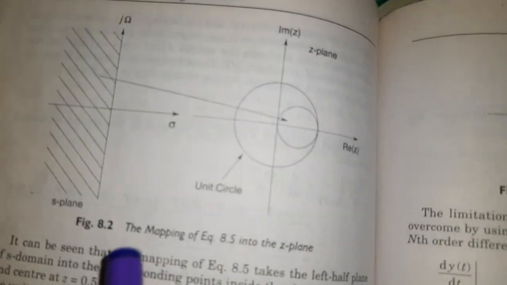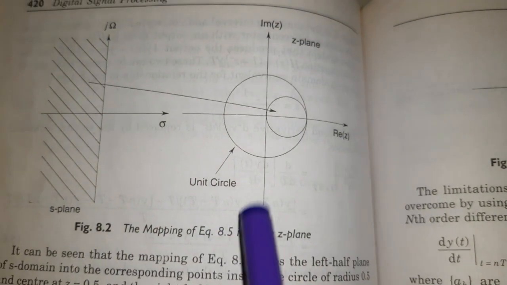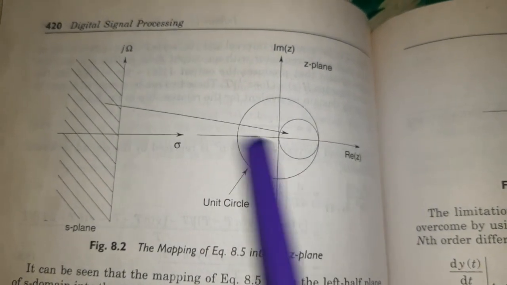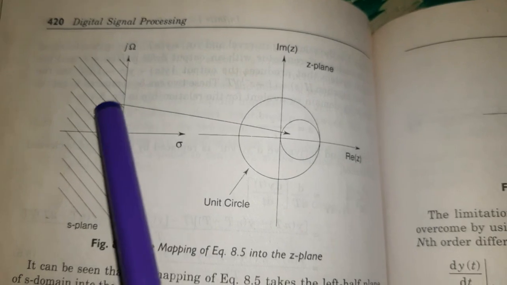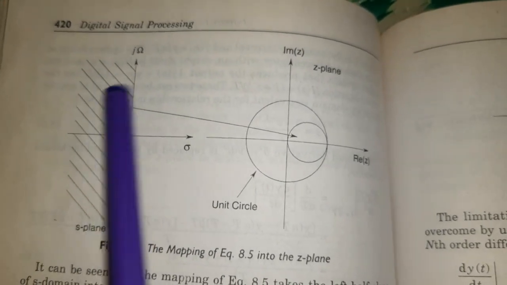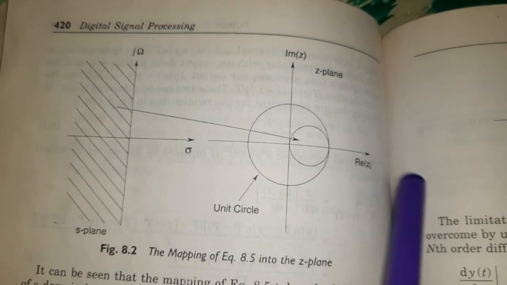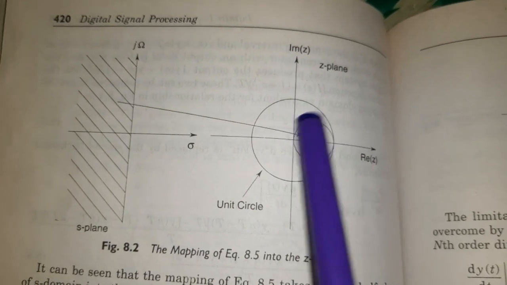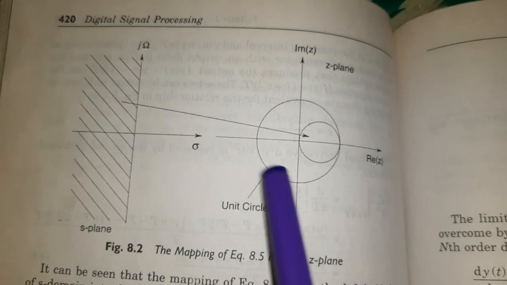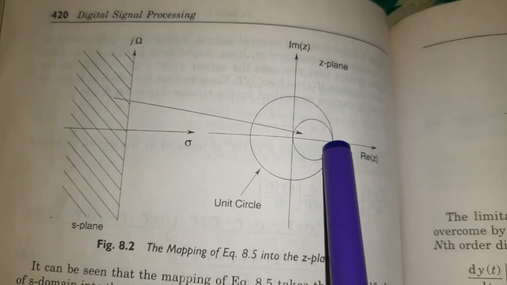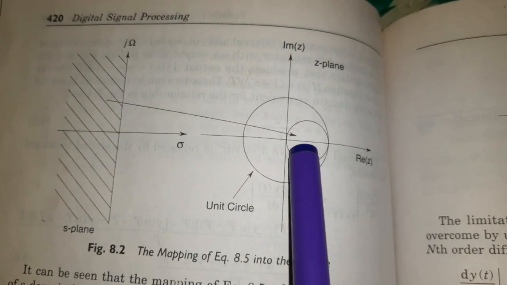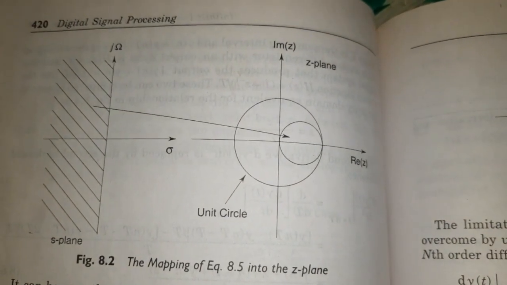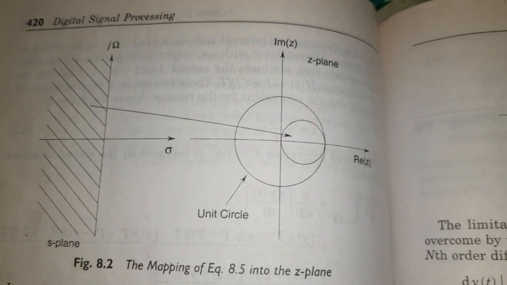This is the relation. So this is a mapping of the S plane into the Z plane, and the left hand side of this S plane is mapped inside the circle of the Z plane. So this is a stable filter design in analog filter and also in the digital filter. But this design is stable for low pass filter and also band pass filter having smaller resonant frequencies. So we cannot realize high pass filter and band reject filter using this backward difference method. So this is a drawback of this method.